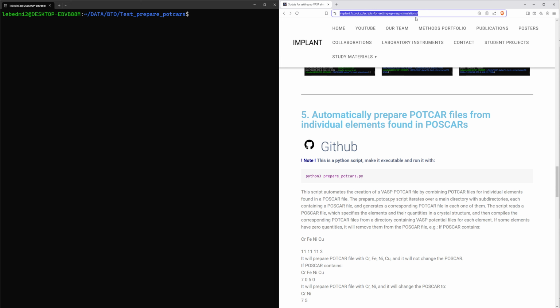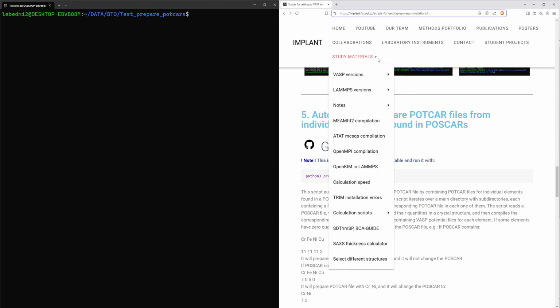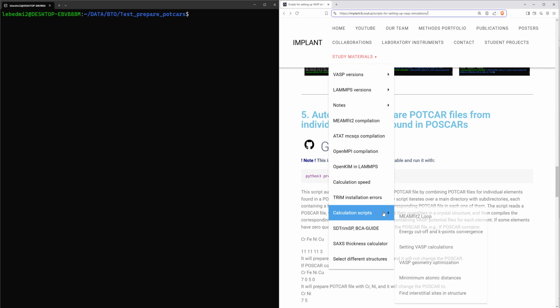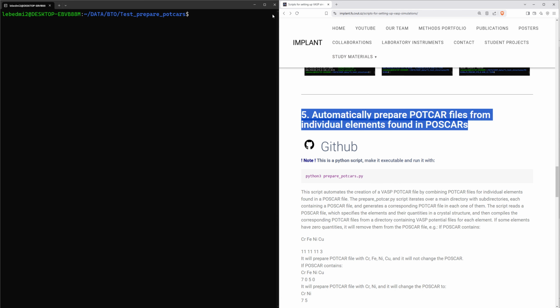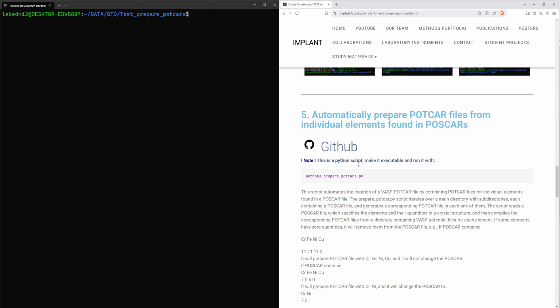team website. The link is visible here, or you can navigate to it through the menu if you go to study materials, then to the calculation scripts, and then to the setting VASP calculations, and it is this one. And the specific code is available on GitHub. So let's now download the code. I will open the GitHub link,